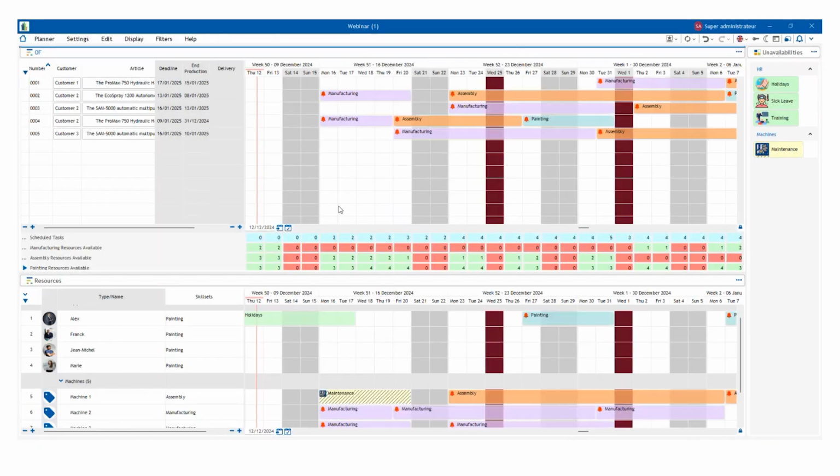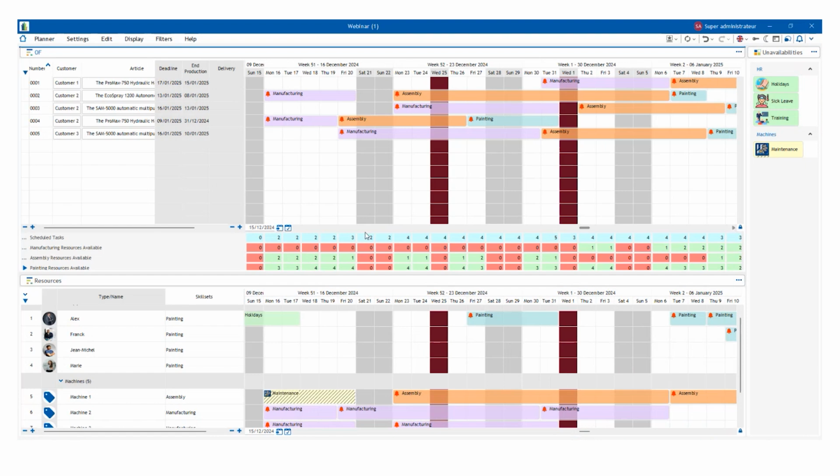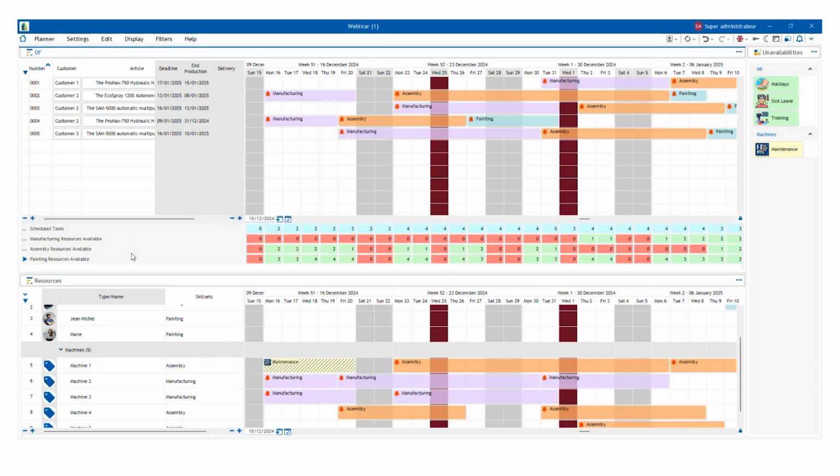So I have clicked on VP Automation, and here Visual Planning has automatically scheduled the different activities that I have: manufacturing, assembly, painting, while respecting the preset activities that we have, and it has assigned them to the right resources. So here, your schedulers will gain a tremendous amount of time with VP Automation, because the planning has been done automatically, and all the KPIs, the workload indicators that you are seeing here, adjust themselves automatically,